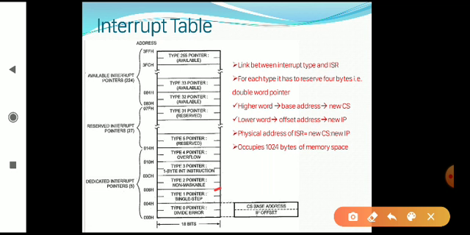If this INT1 is executed, the microprocessor is put in single step mode, meaning the microprocessor pauses after executing every one instruction, right? And its interrupt vector location is 1 into 4, that is 004h. Similarly for the remaining two.